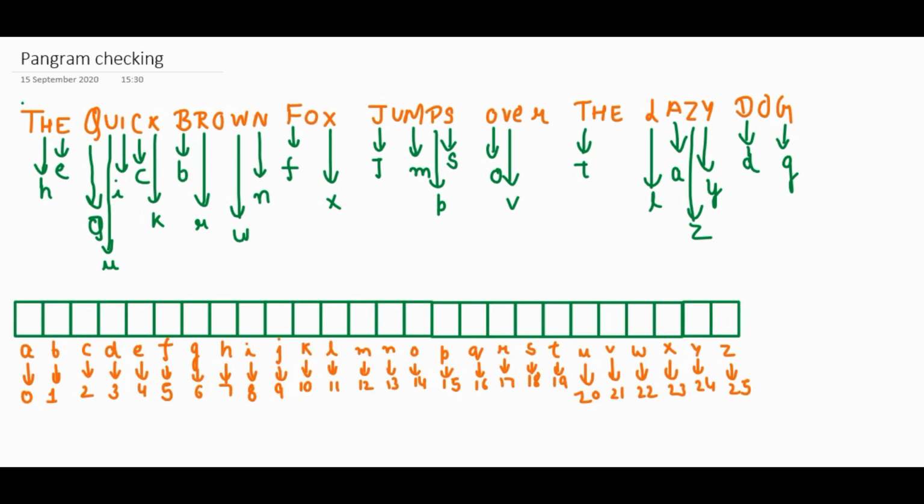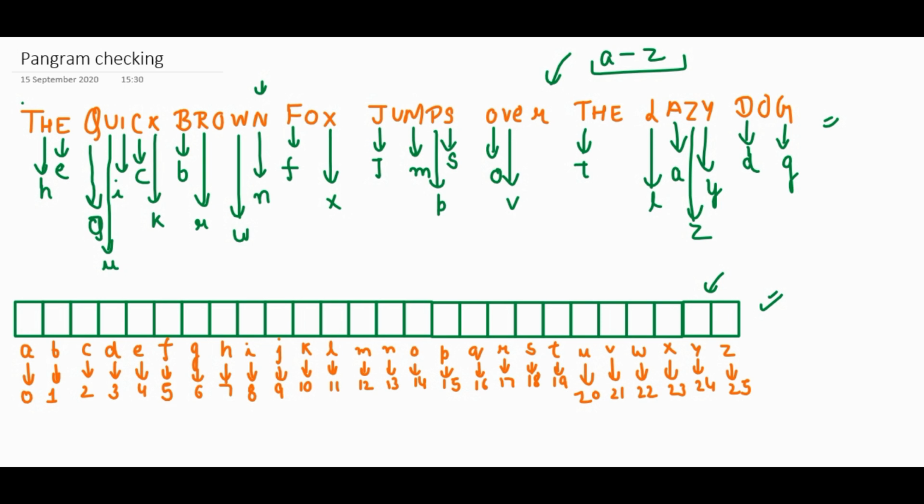Now let's see another approach to solve this question. In this approach, we will need an extra array to solve it. So basically what we have to do is find if this sentence contains all the elements from A to Z or not, right? So in this approach, whenever we find an element from A to Z in this sentence, we will mark it true in this array, right? And at last, if all the elements in this array are marked true, that means this sentence contains all the elements from A to Z, otherwise we will return false.